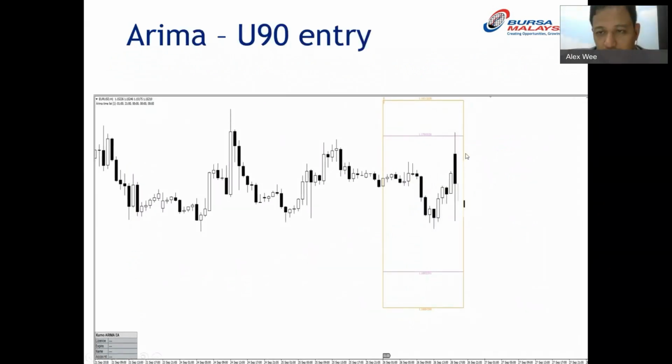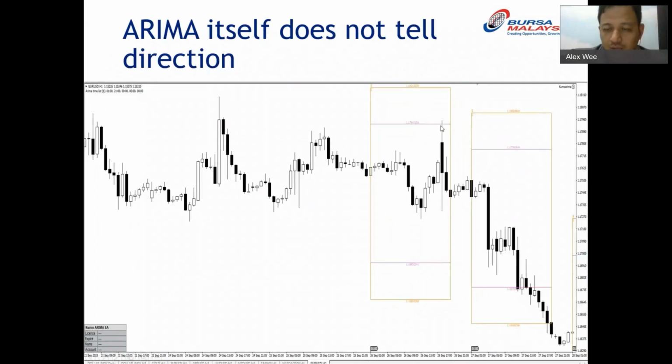If that is the direction, it touches here, you can see that it touches here. So that's why you can short here. If it touches here, that's where you can long. Very simple, Arima box, very simple. And then it went down all the way. Then it touches here, and when you have already entered, it becomes an exit point. This is the first exit point, second exit point. So the box becomes an exit point. It can be used both for entry and exit.